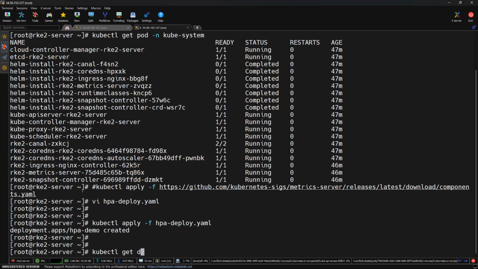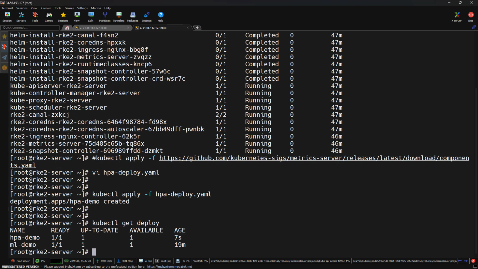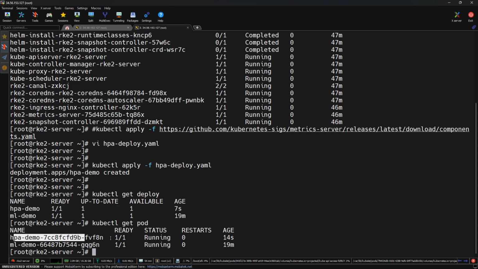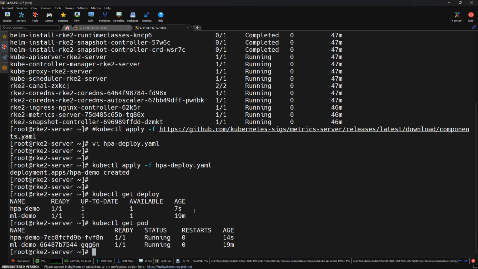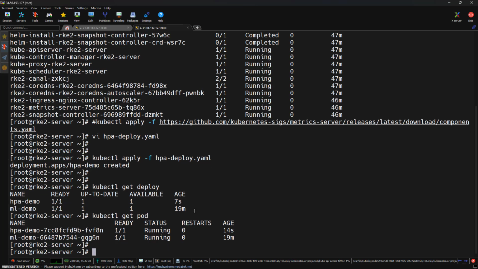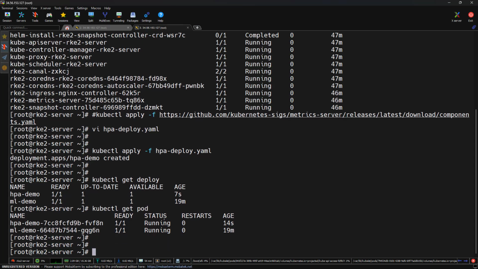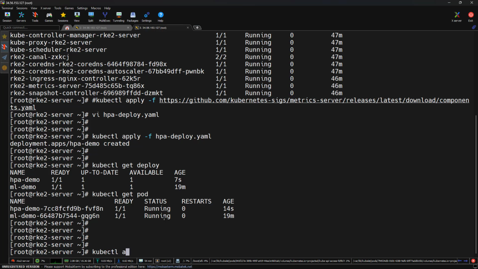So kubectl get deploy, and we can see the deployment is in the running state. And if we run kubectl get pod, we can see our pod is also running. So this creates one Nginx pod for us. Now let's create an HPA using the kubectl command. For that we can use kubectl autoscale